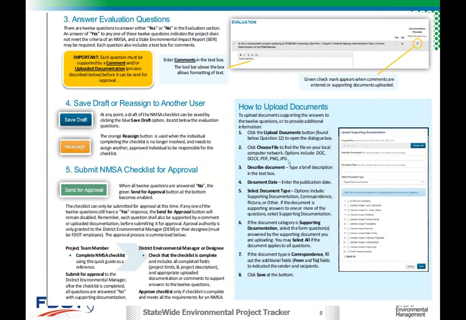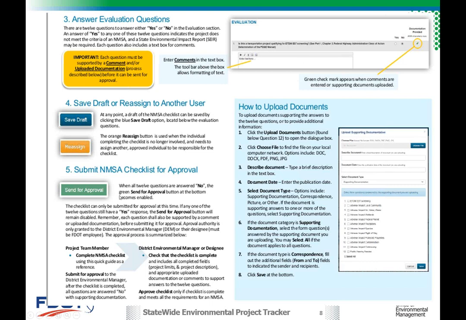When you're uploading documents, there's a little interface. Again, it's very similar to the Type 1, where you basically, like you're attaching an email, you browse to a file, you identify the name and the document date, and then the type of document it is. If it's supporting documentation, then all the various questions are there listed, and you can map that one document to a subset. You can map it to one, you can map it to multiple, you can map multiple documents that answer multiple questions if you need to, and you have the form itself where you can summarize your analysis or what you saw.